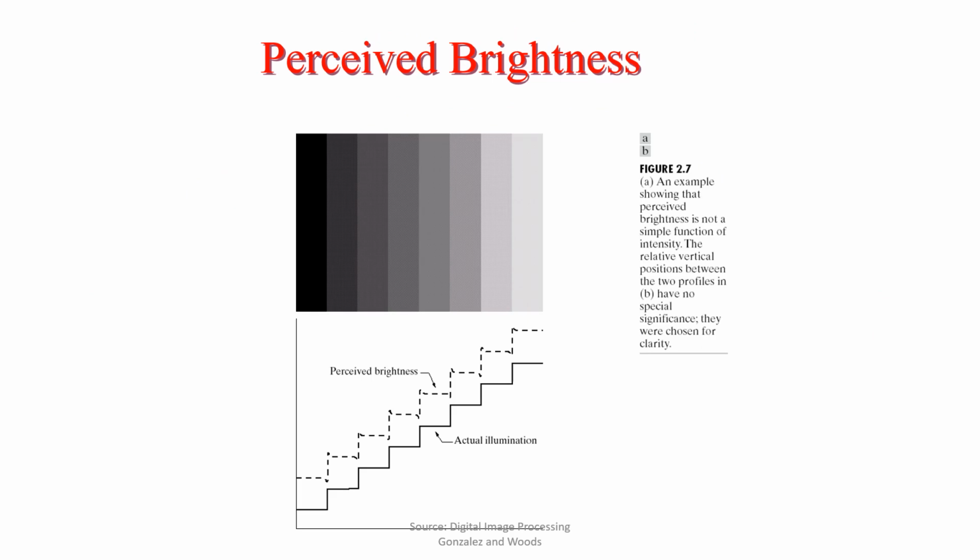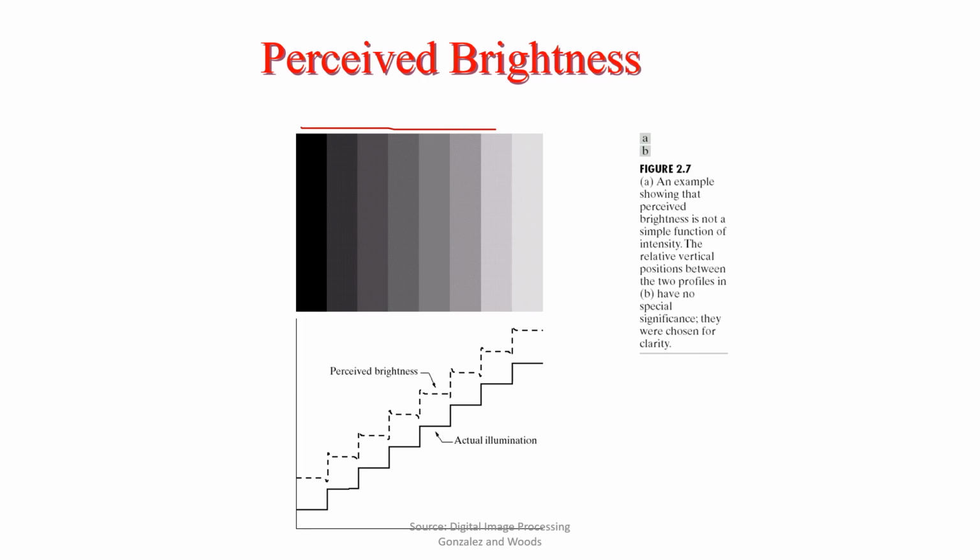Another important thing is our visual perception depends upon what surrounds the object. So you can see these are known as Mach bands. This you must have seen in television. Now you must have seen in different colors. Okay, here we have shown the shades of gray from darker to brighter. So this is the actual illumination.